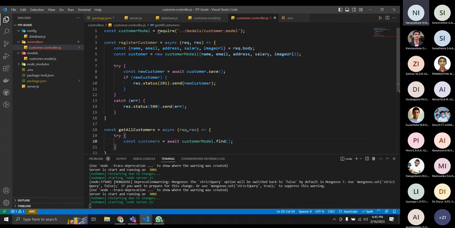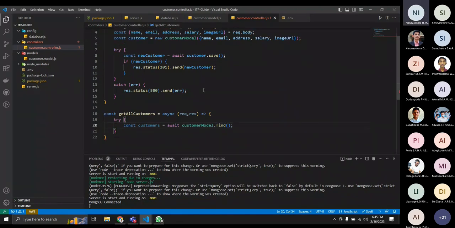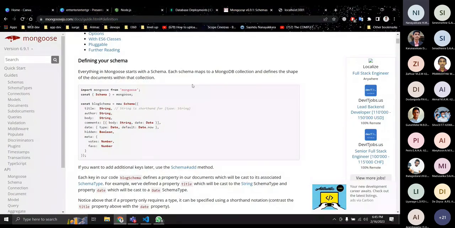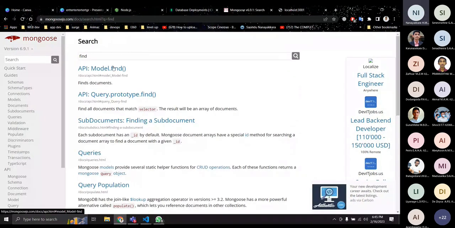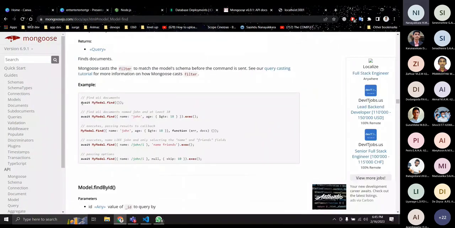You guys don't be confused. All these codes are inside the Mongoose documentation. You guys simply search get data or find data. Just search find. Then we can get this model.find function. This is the example. Today I'm going to use this example, our model, and after that we need to just add the find